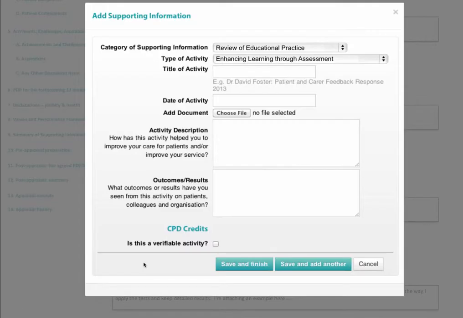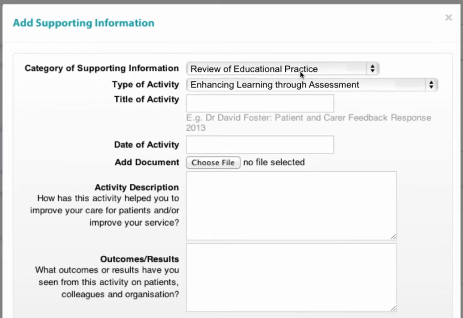And add a document in the usual way. Now here, what we've done is pre-populated a new set of supporting information taxonomies specific to Salford. In this case, review of educational practice, and this domain 4, enhancing learning through assessment. And type in the title of that activity,